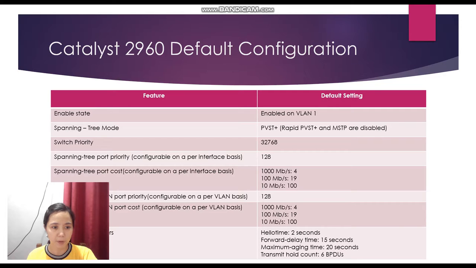And then spanning tree port cost, configurable on a per interface basis, is 1000 Mbps 4, 100 Mbps 19, and 10 Mbps 100. Spanning tree VLAN port priority is configurable on a VLAN basis. 128 is the default setting. And the spanning tree VLAN port cost, configurable on a per VLAN basis, is the same as the default setting of the spanning tree port cost configurable on a